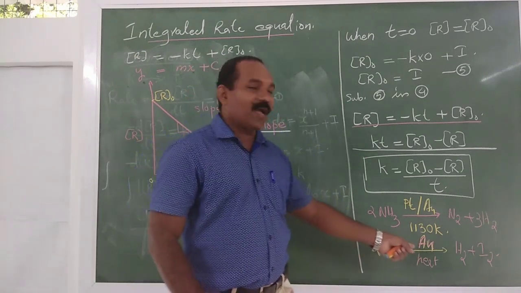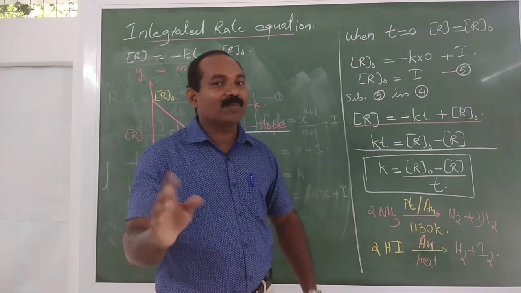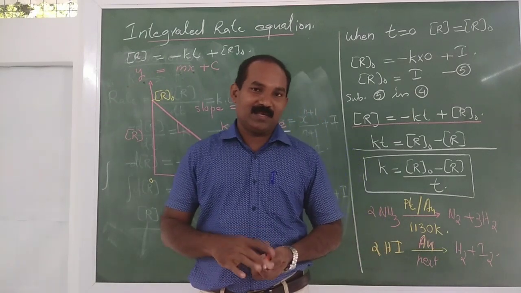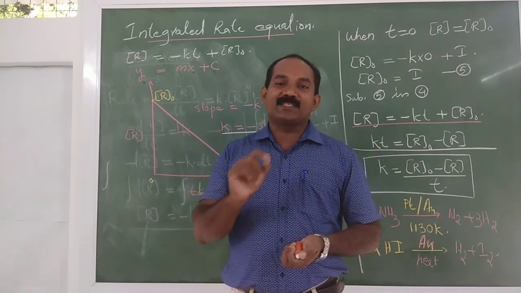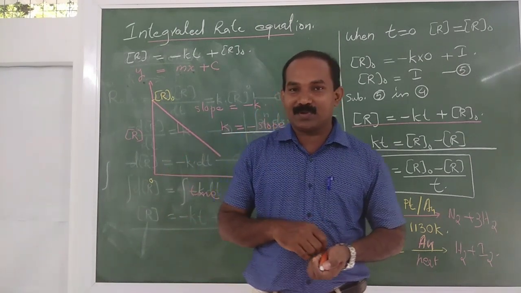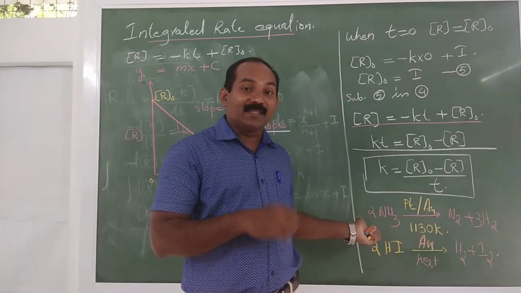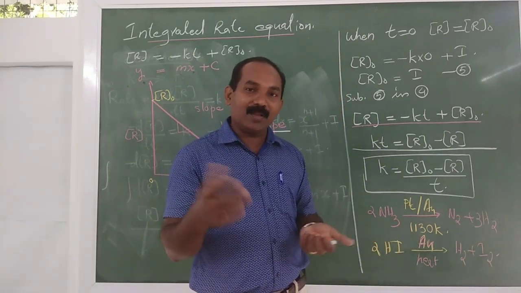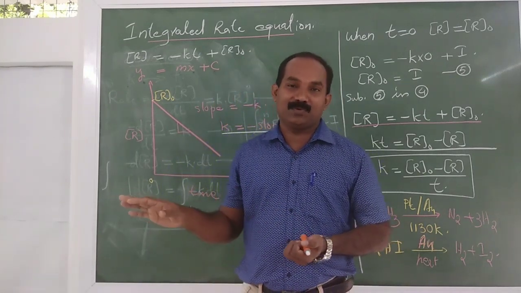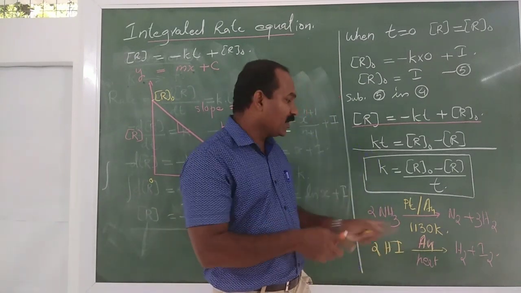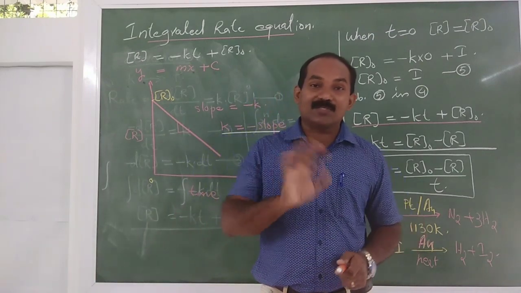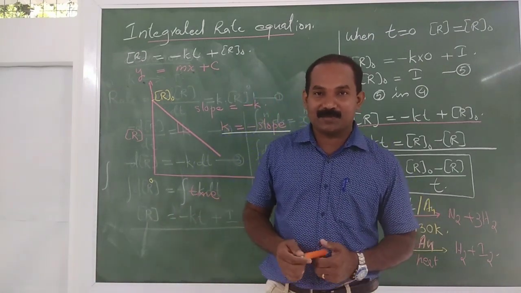Remember that in the absence of gold, the decomposition of hydrogen iodide is not a zero order reaction. As earlier I gave to you, 2HI gives H2 plus I2, and the order of the reaction is 2. Here, at the surface of gold or any catalyst, the order of the reaction is 0. You should remember that. Similarly, at the surface of platinum or gold, the decomposition of ammonia is zero order. Otherwise, it is not a zero order reaction.